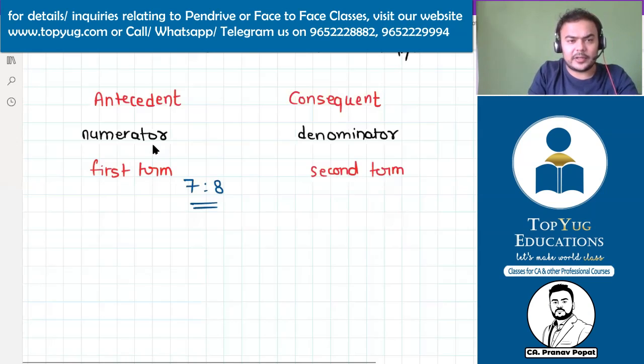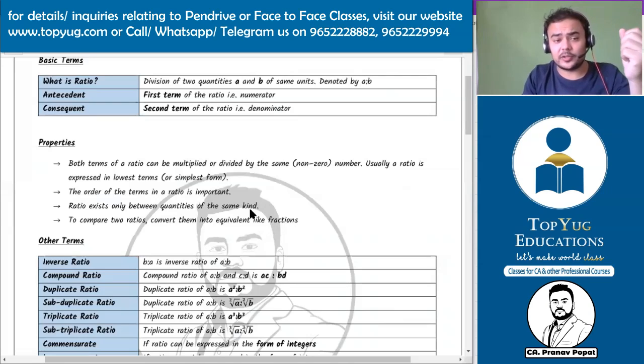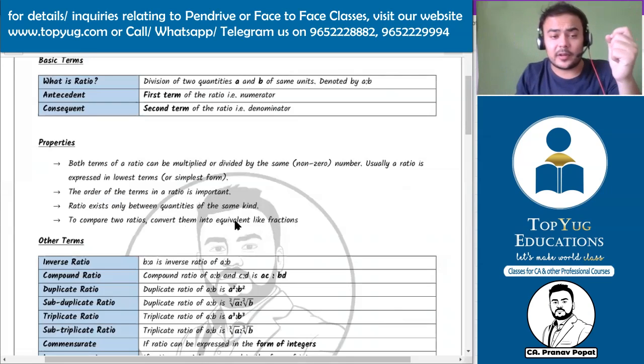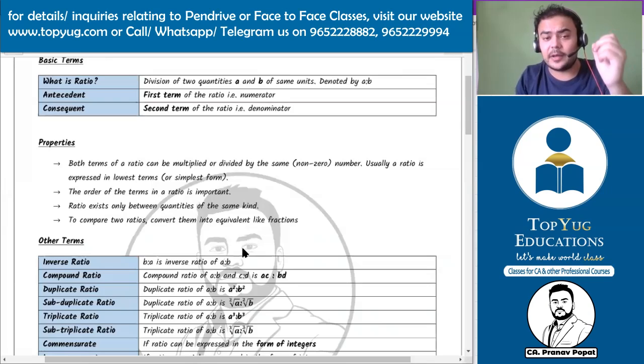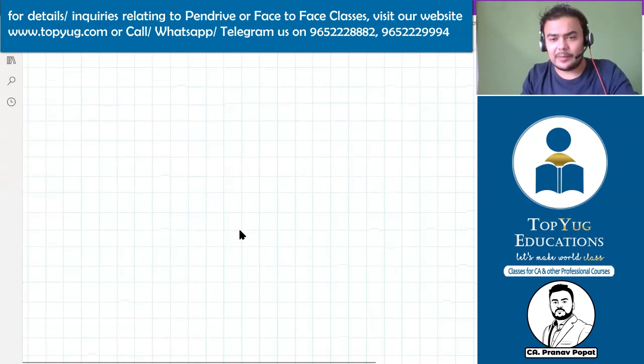Okay, so do not forget this term. This is new to you. Now, we are done with basic terms. Now, properties of the ratio. Both terms of a ratio can be multiplied or divided by the same number. Usually, a ratio is expressed in lowest term. So we are not able to understand this. No problem. See, I am taking one ratio,